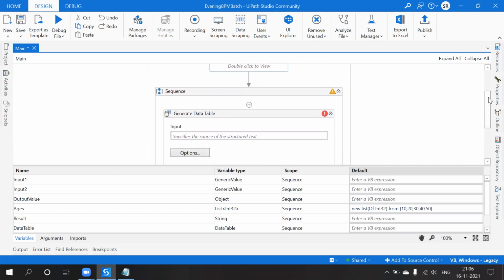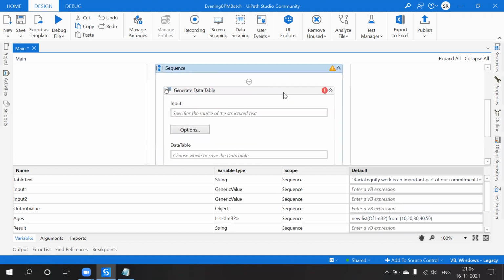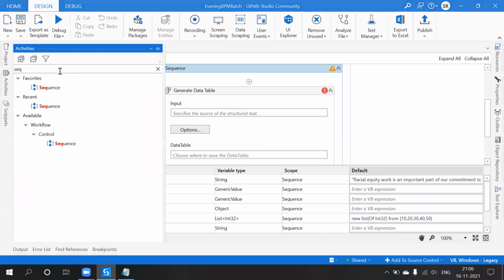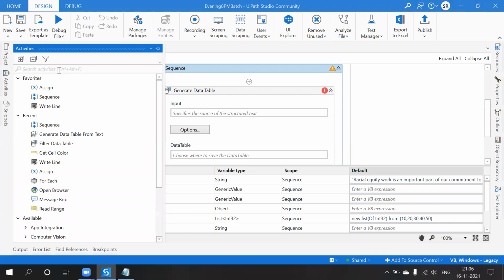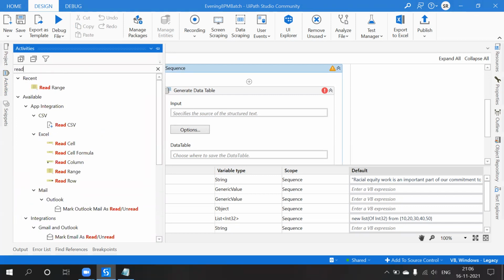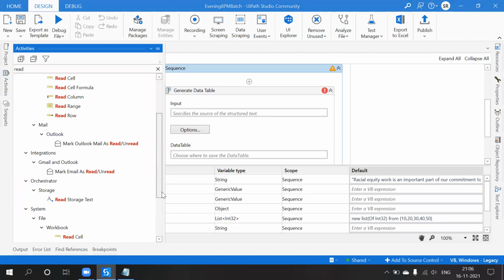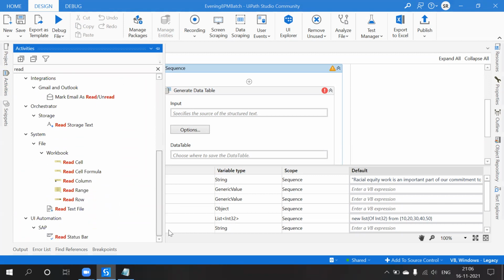Okay, so now we have an activity, read text file.